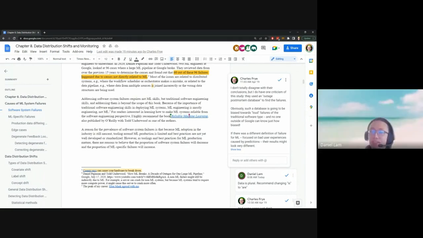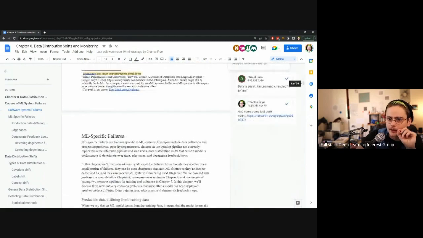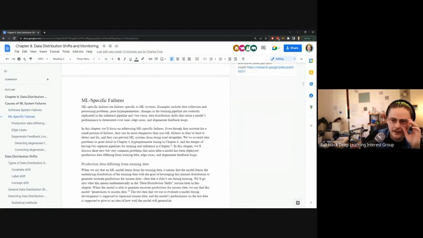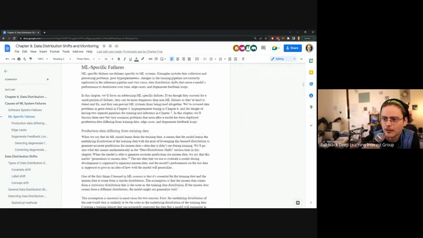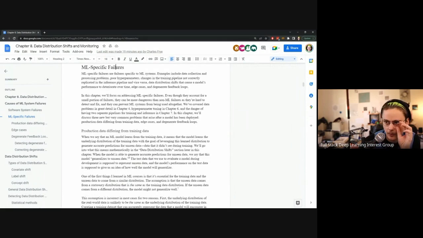No questions here. Gotcha. Yeah, I think what I liked about this section as a whole is that it nicely balances pointing out that these software system failures are important and you need to know about them with recognizing that there are in fact ML specific failures and ways that ML models break that you need to address, and that are not going to be handled for you by just general site reliability engineering. I think a lot of people tend to focus too much on one or the other.